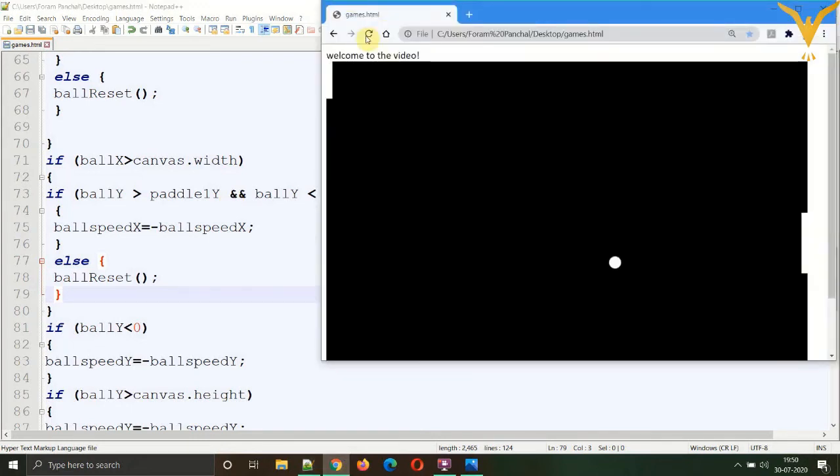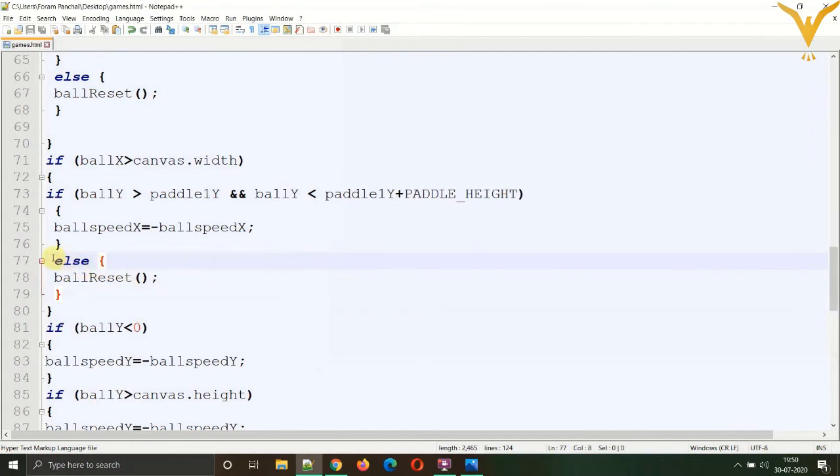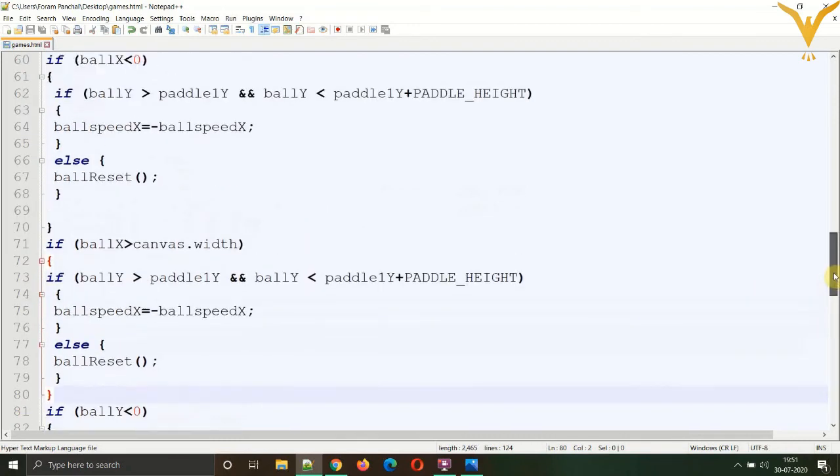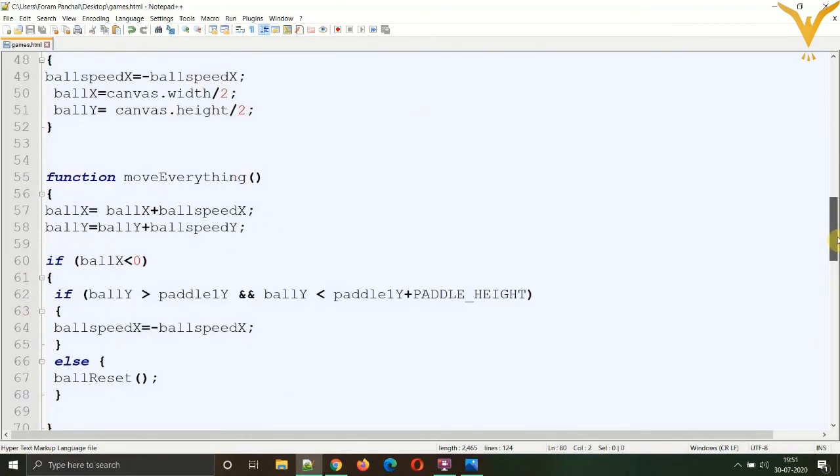So now you will be able to see that as soon as it touches the right edge, it will reset itself. Currently the ball is going into the else part because we have not set up any movement in our paddle, so it is going into the reset part. Now let's give the control of the mouse to the right paddle to check its movability.